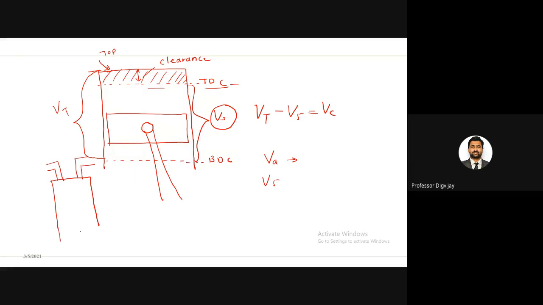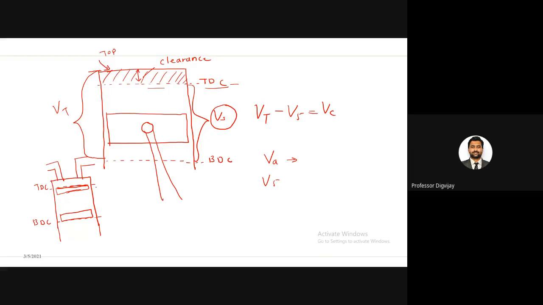Here I have one TDC, top dead center, and then a bottom dead center. These are imaginary lines, okay? These are the lines between which the piston moves. At top dead center, the piston will be like this, its top surface at the TDC. When the piston moves downwards, the piston will be like this. Of course, there will be a connecting rod and a crankshaft, but I'm not showing those. I'm just showing the piston and cylinder.